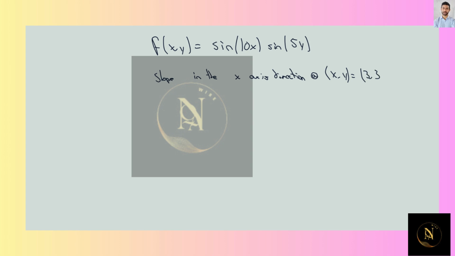So essentially, to know the slope in the x-axis direction, we require the partial derivative of f with respect to x, which is going to be equal to sine of 5 times y times the derivative of sine of 10 times x with respect to x, which would be equal to 10 times cosine of 10x times the sine of 5 times y,